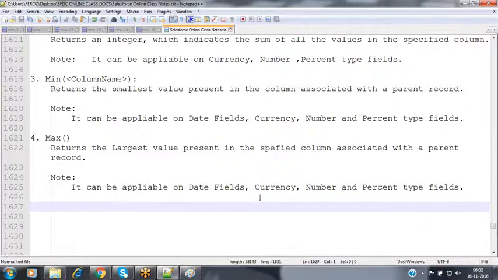Now, how can we create these roll-up summary fields? Whenever you create a roll-up summary field, it will always be visible on the detail page of the record.